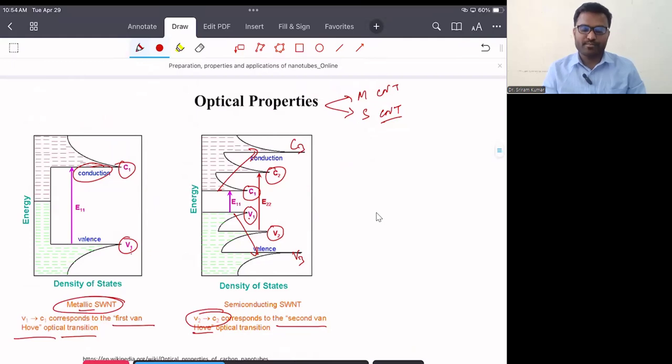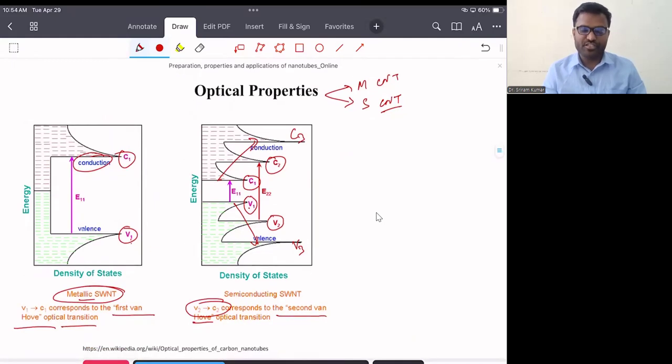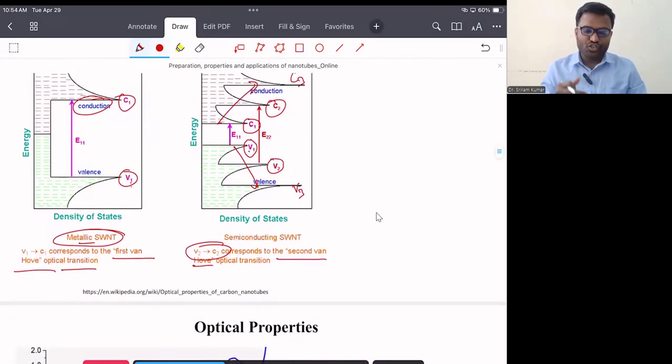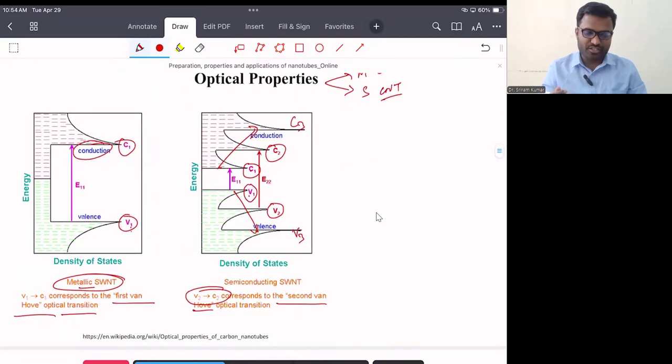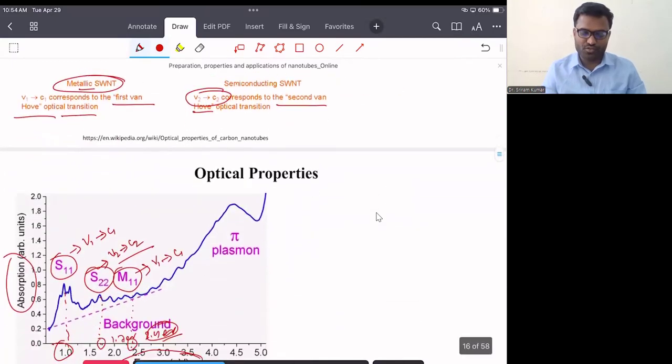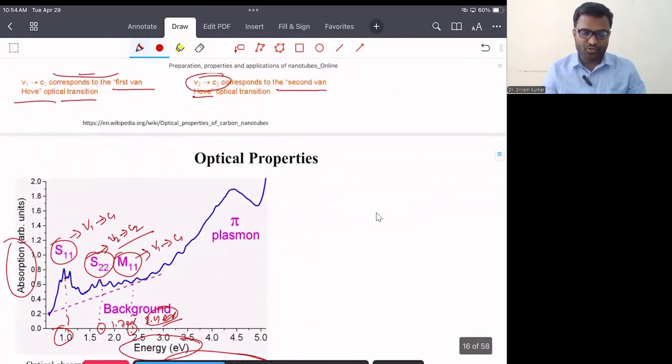In metallic single-wall CNT, we have the transition from V1 to C1. However, in semiconducting CNT, we have the transition from V1 to C1 and V2 to C2 levels. Based on these transitions, we have absorption spectroscopy, and we have absorption at different energy levels,